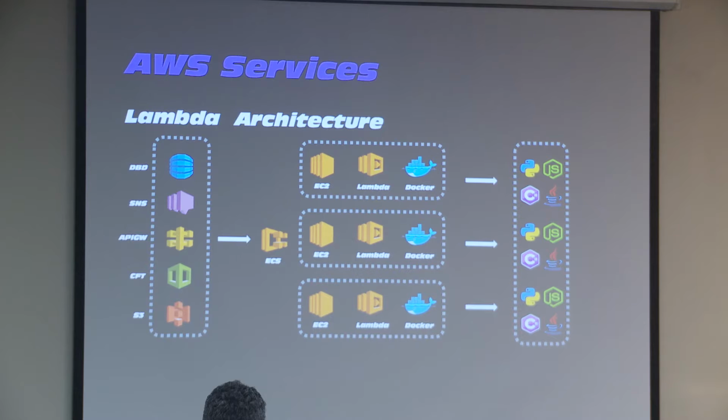All the code that I know of currently that you can run would be Python, Node.js, C#, and Java. I think they're adding more pretty regularly. So again, from left to right, you've got an event that triggers a Lambda function that's invoked using the language of choice that you've written it in.